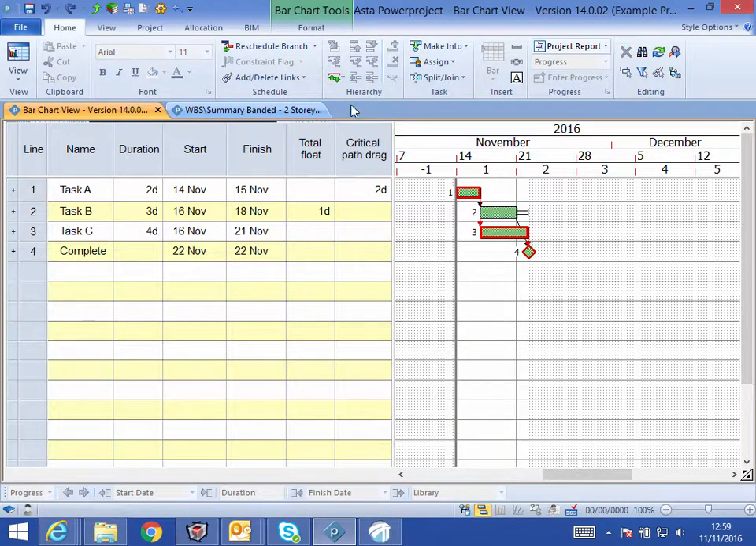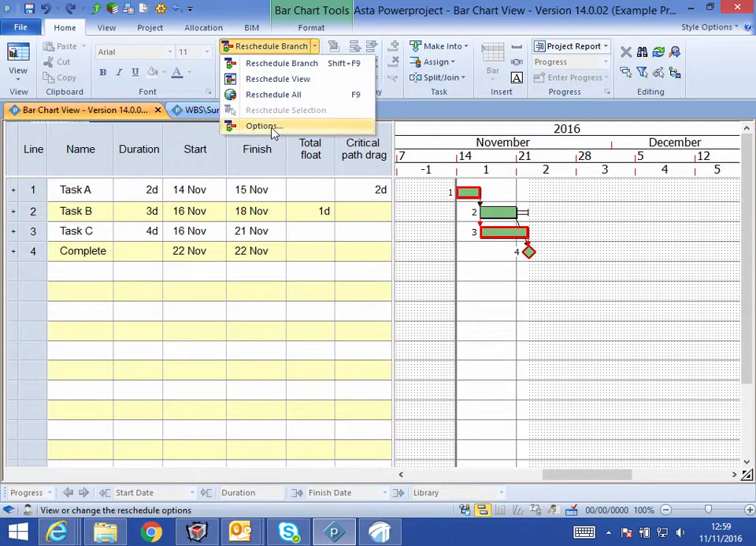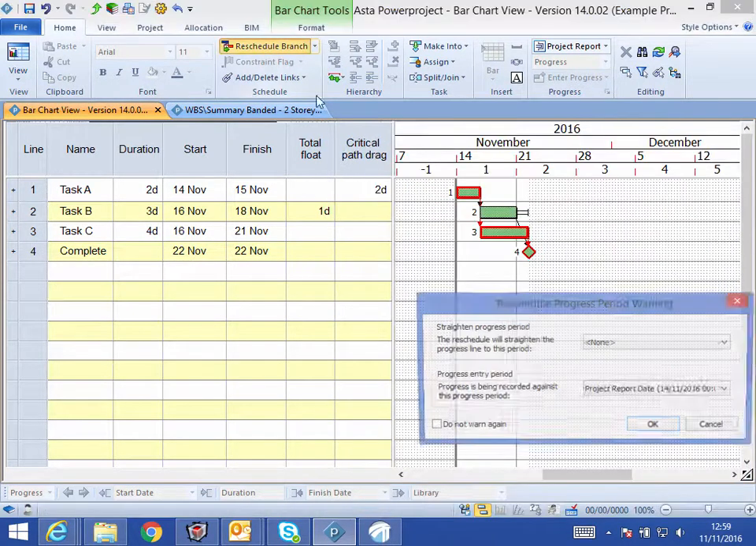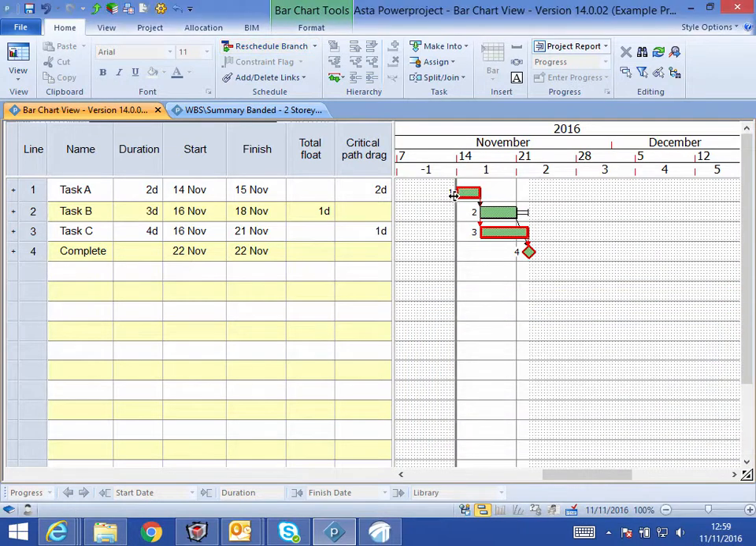And when we perform a reschedule, we can optionally choose to compute critical path drag. The project's critical path drag, only critical activities obviously show this figure, and it's either equal to the activity's duration, or if there are two tasks in parallel, the critical path drag will be the amount of float of the